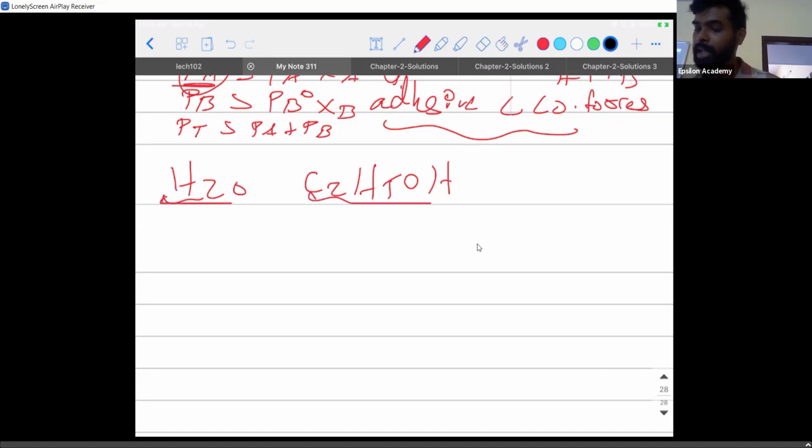Now, before mixing, H2O had a very strong hydrogen bonding. Ethanol, we will not be able to speak about it logically speaking. Anyways, H2O before mixing had a very strong hydrogen bonding. Now when I mix them together, the hydrogen bonding will be between H2O and C2H5OH, which is a little weak compared to H2O-H2O hydrogen bonding. So what will happen now? It will show what kind of behavior, positive deviation or negative deviation? Positive deviation.